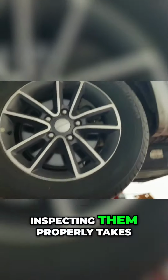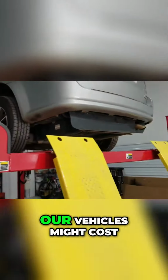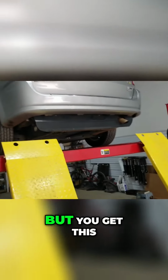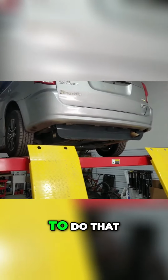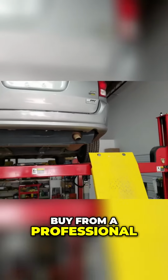Yes, inspecting them properly takes the right equipment, it takes the right people, and that's why sometimes our vehicles might cost a little bit more than someone pulling this vehicle in off the streets. But you get this van fixed right, you're looking at $3,000, $4,000, $5,000, and we are going to do that. But these are things you don't see that we do see, and that's why you buy from a professional